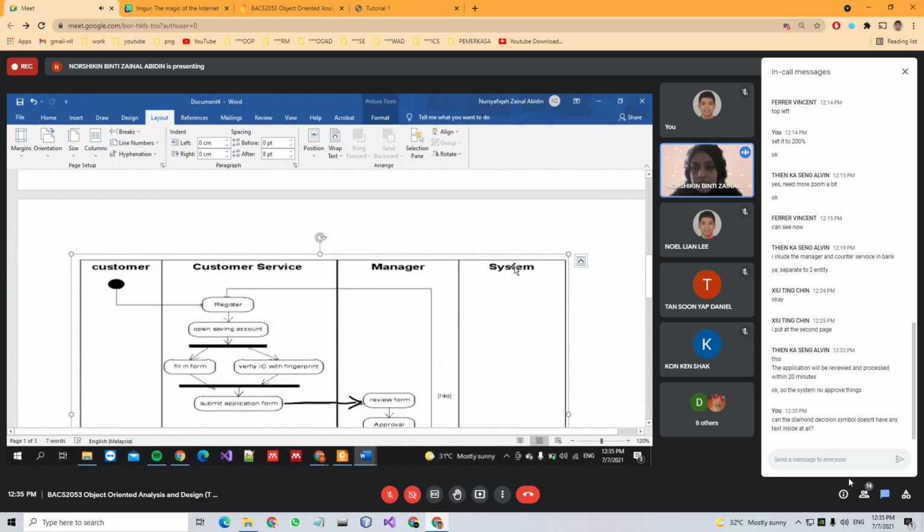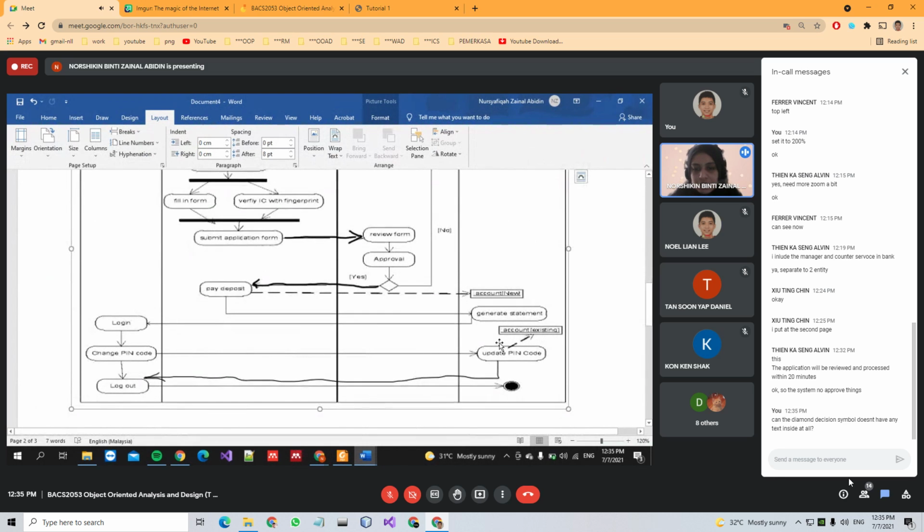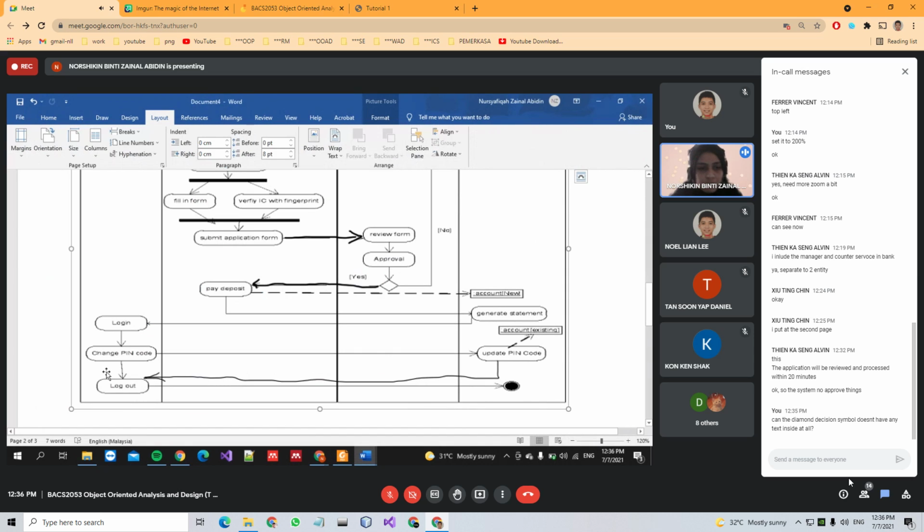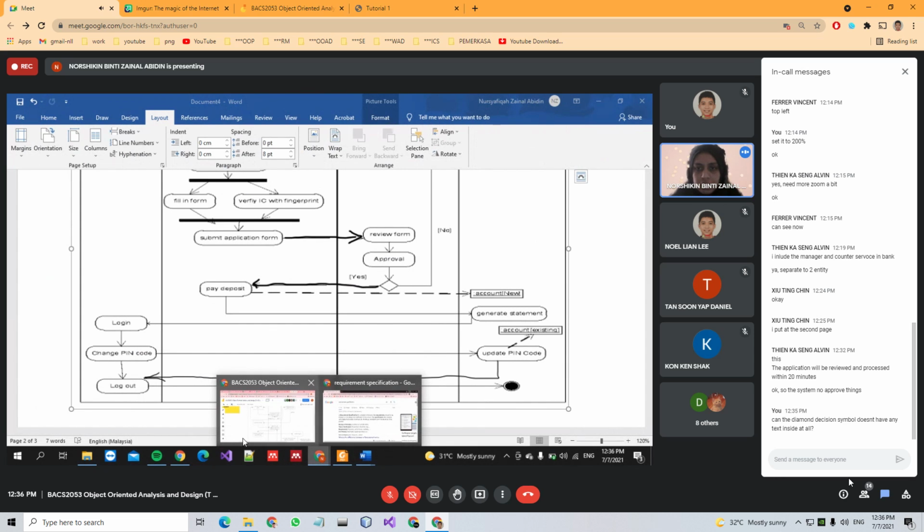So the another entity here that I mentioned just now is a system, because as you can see from the question or the statement, they mentioned that the system will generate a statement to send to the user. So here, they will send a 6-digit pin. That means the system will send to the user. From system here, they will send to here, to the user. And then your answer is